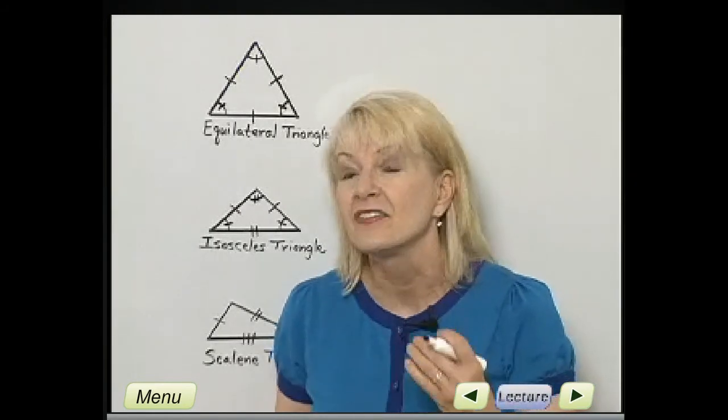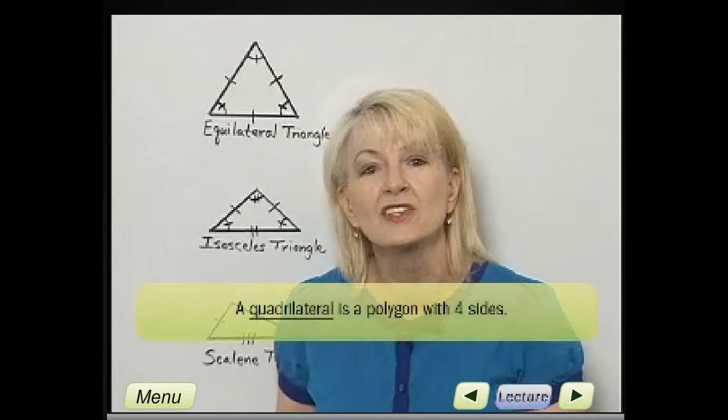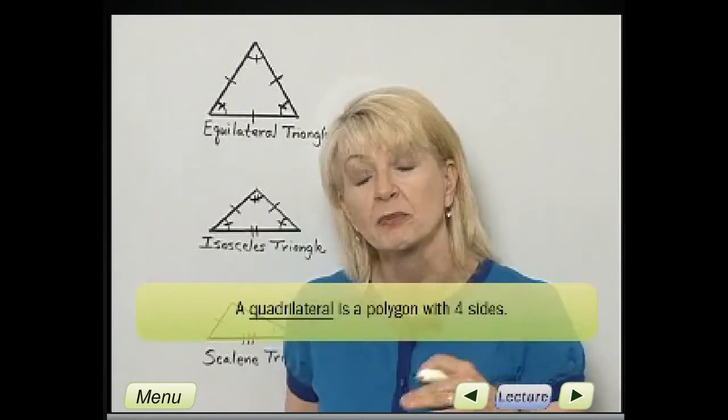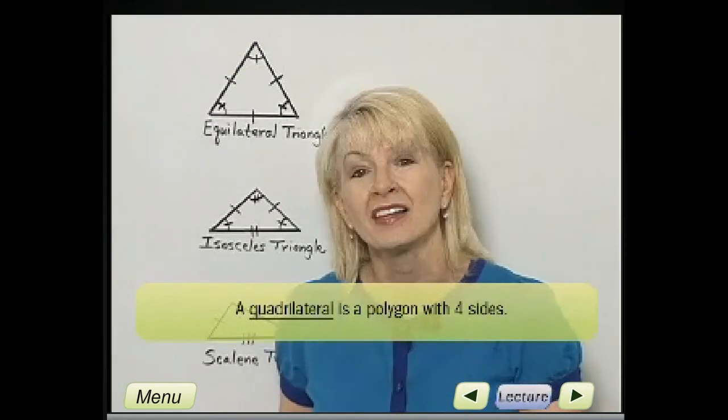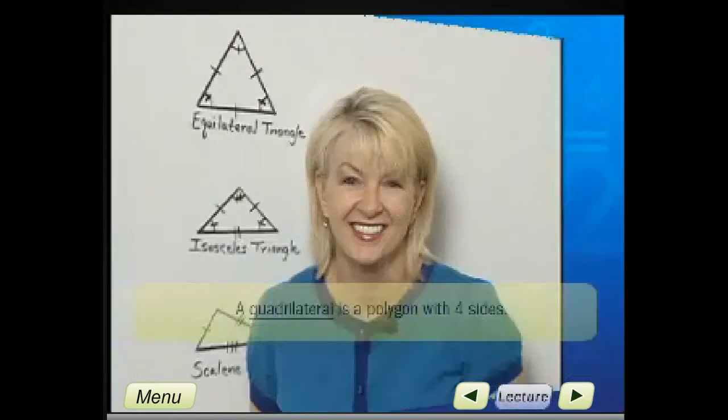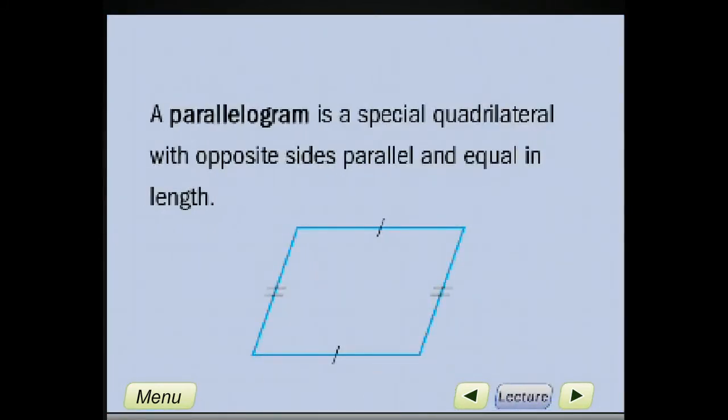Now let's look at some special quadrilaterals. Remember, a quadrilateral is a polygon with 4 sides. A parallelogram is a special